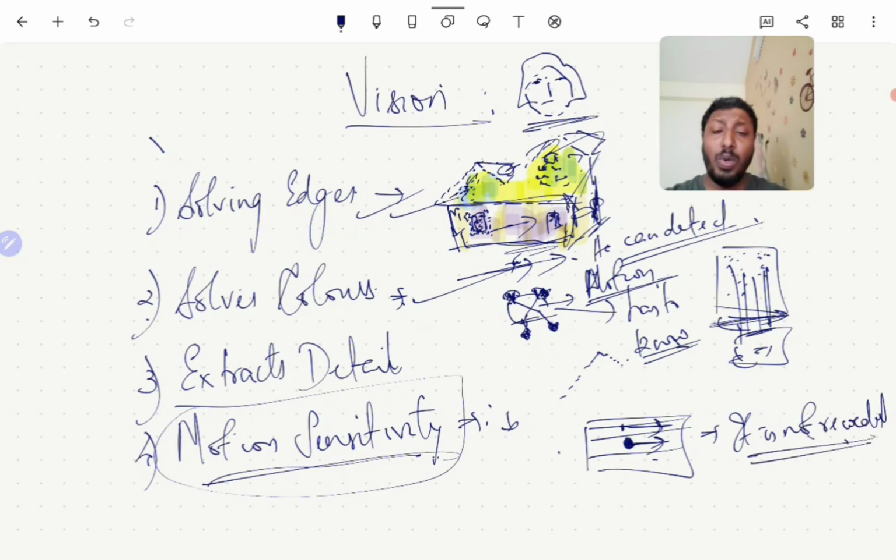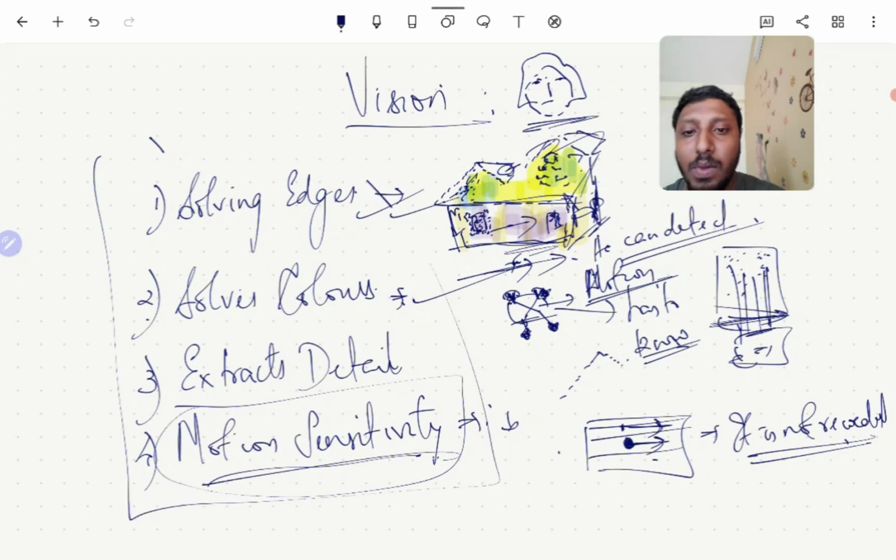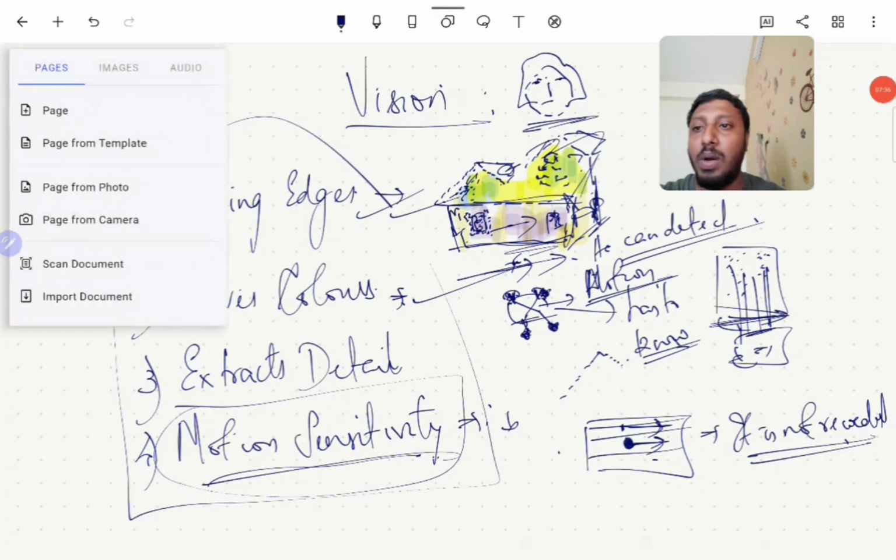Okay, so motion sensitivity can be used in different ways, because you need to know whether you are moving your head or an actual thing is moving across your retina. I mean, the image of an actual thing is falling on your retina. So how do we solve vision? Once more we'll go about it.